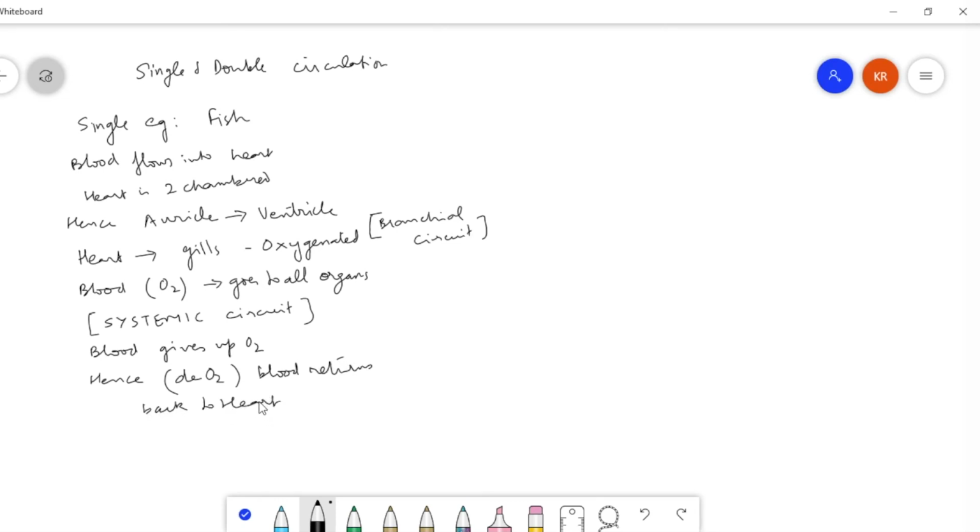Okay, that means we can say in the beginning that blood flows into the heart only once per cycle. So in one cycle it is moving just once. This is what we already showed in this diagram when we discussed closed circulation. But for double circulation,